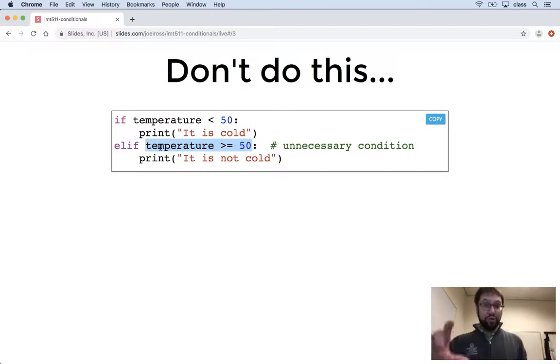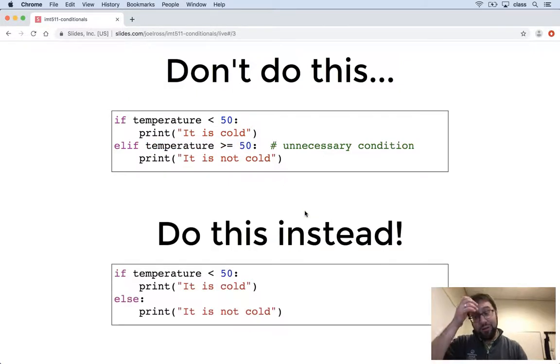What we're trying to do here is literally write two mutually exclusive conditions, so I don't need to check something twice. I only need to check the one switch about whether it's cold or not. So what we'd rather do instead would be to just use a plain else statement, right? Check to see if it's cold, and if it's not cold, I don't need to check to see if it's warm, because if it's not cold, it's going to have to be warm because I've done this single